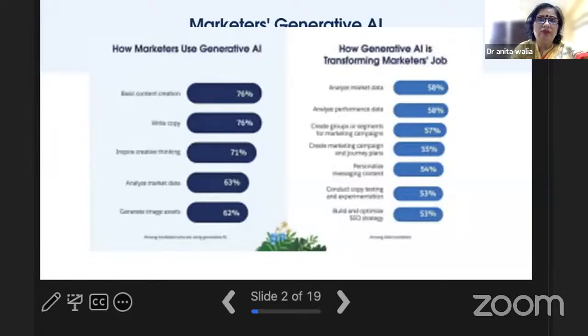So the employees said, we want to use it, but the employers are not providing it to us. We want to use it, but we are not trained on how to use it, so we need training. So the marketers are using generative AI